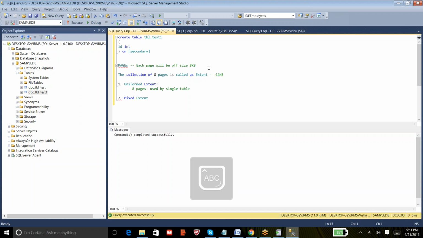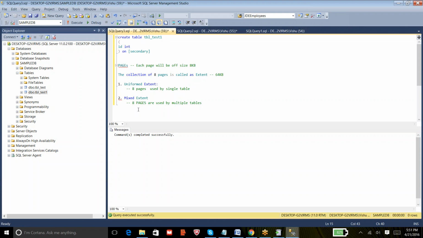And what is the mixed extent? The 8 pages in this extent are used by multiple tables. Let's say I have an extent with 8 pages and have created a table with a couple of rows. Then I'm using 1 or 2 pages in that extent.